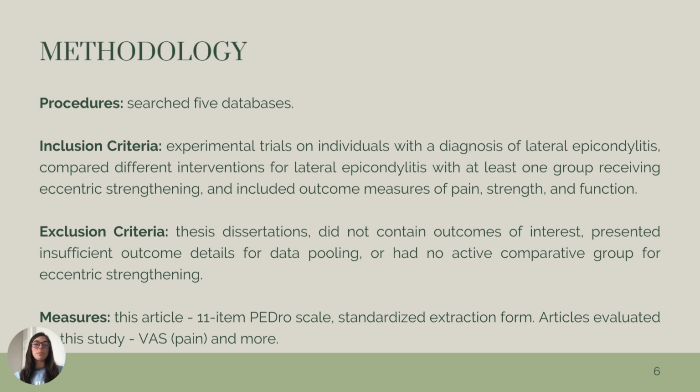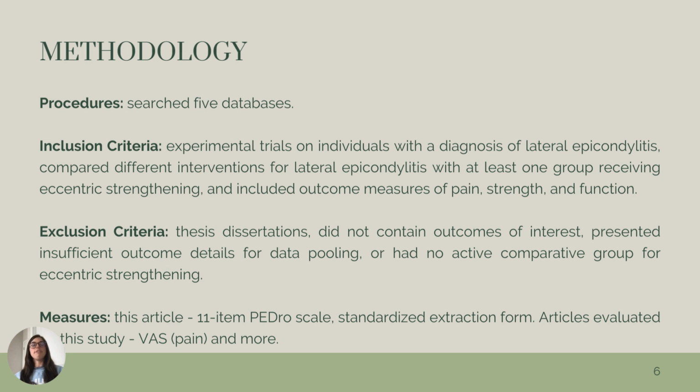The methodology, so the procedures, they searched 5 databases, like I said, and these databases include Embase, PubMed, Google Scholar, CINAHL, and Cochrane Central Register of Controlled Trials. And they used some search words that included elbow, tendinopathy, tendinitis, eccentric strengthening exercises, eccentric resistance training, words along those lines. And then for inclusion criteria,